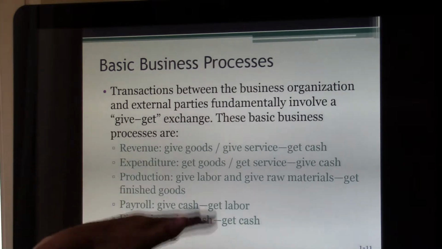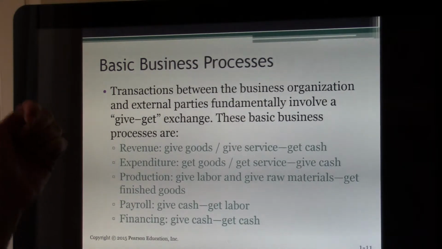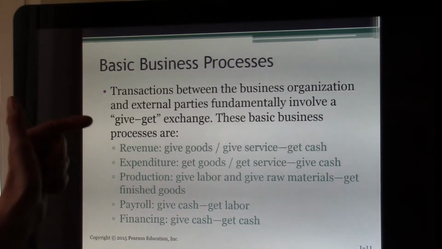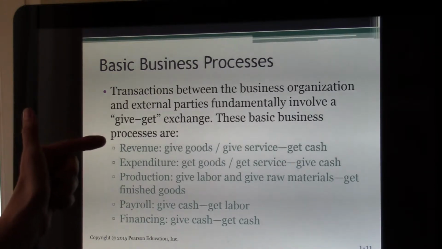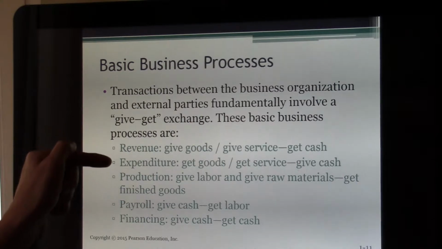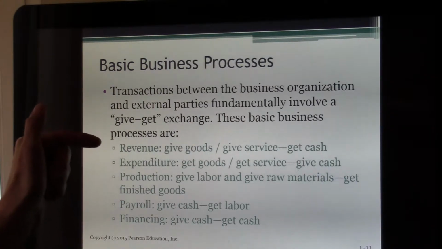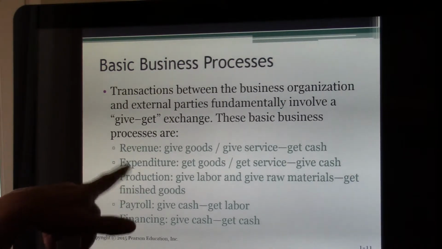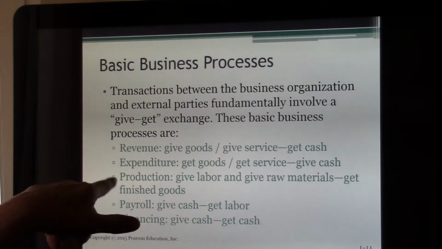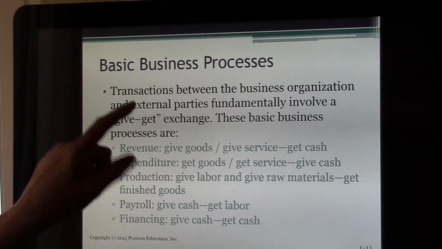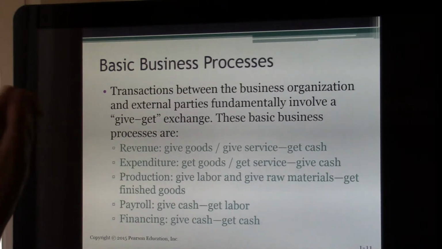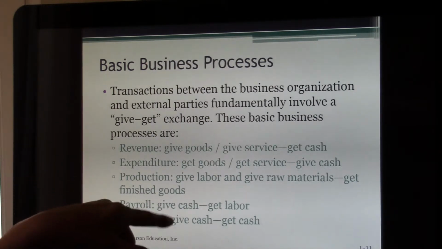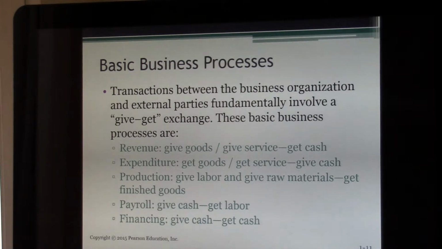So here are the basic business processes, right? There's the revenue process. So we give some goods or we give some service and we get some cash. There's the expenditure: we get some goods, we get some service, and we give some cash. There's production. Maybe not every organization has this, but if you manufacture something, you give labor, you give raw materials, you get finished goods. In payroll, you give cash to get labor. In financing, you give cash and you get cash. So we have these